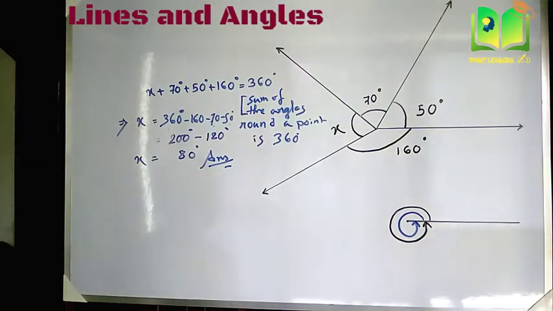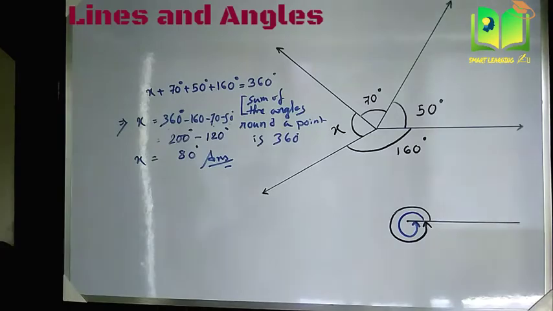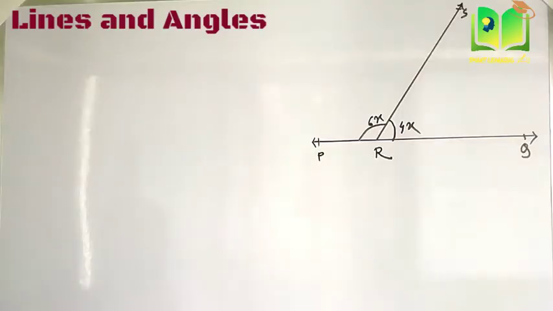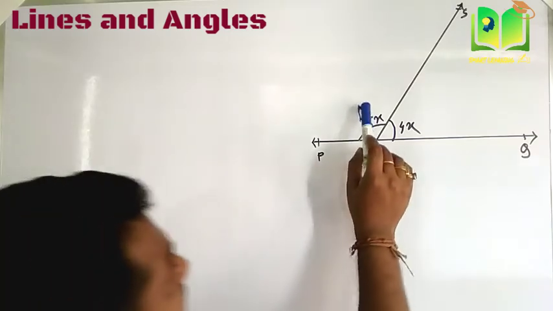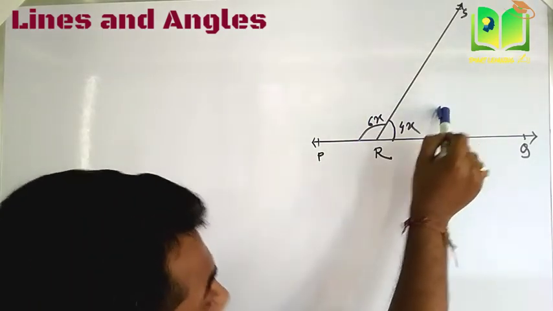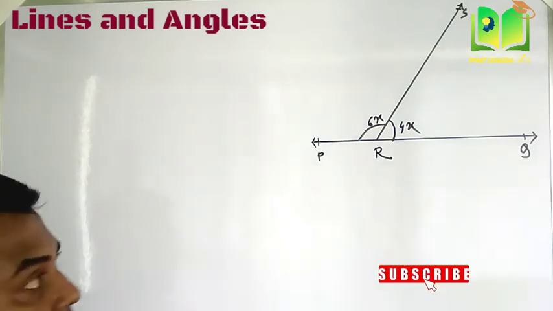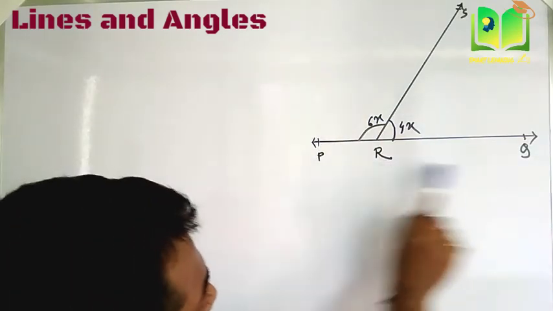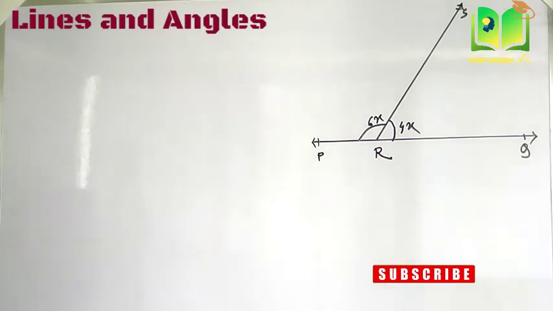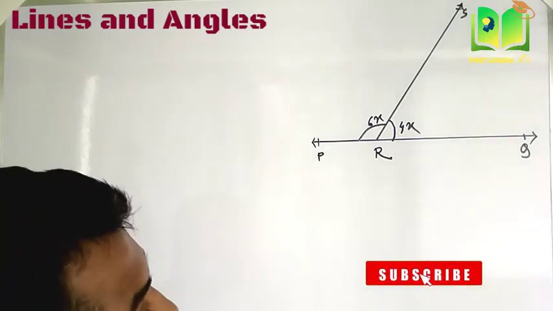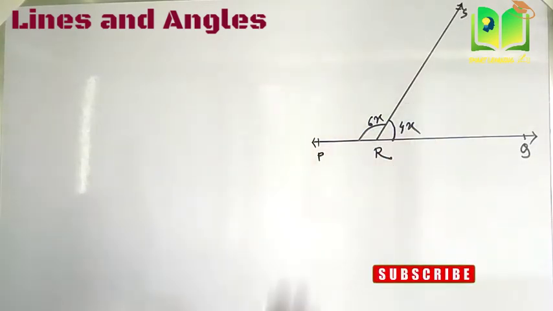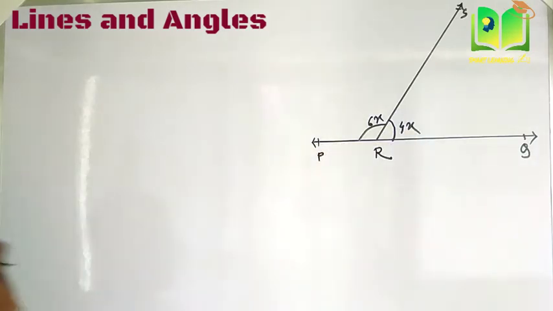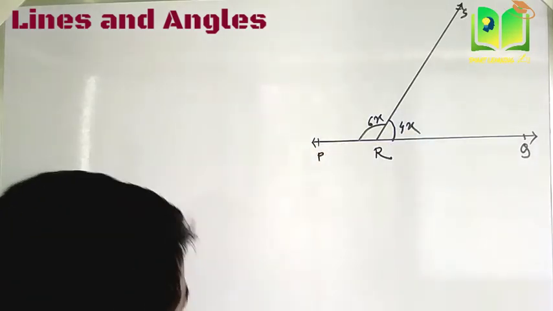Okay, so now we will do the next math. See the next figure. From here we have to find out the value of x. In this figure you can see both adjacent angles. This one is one adjacent angle and this one is another adjacent angle. Both the angles lie on a straight line. So we can say that these two angles are a linear pair, because these two adjacent angles make 180 degree.